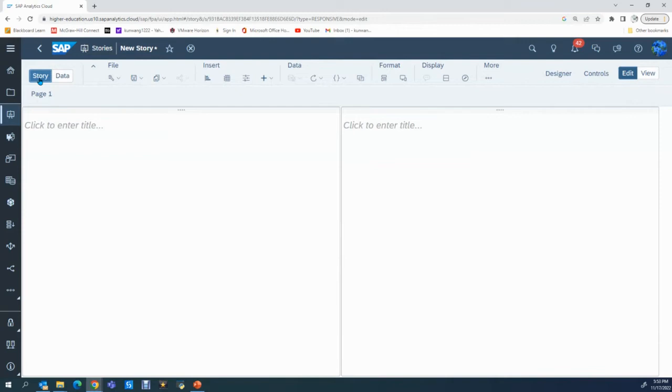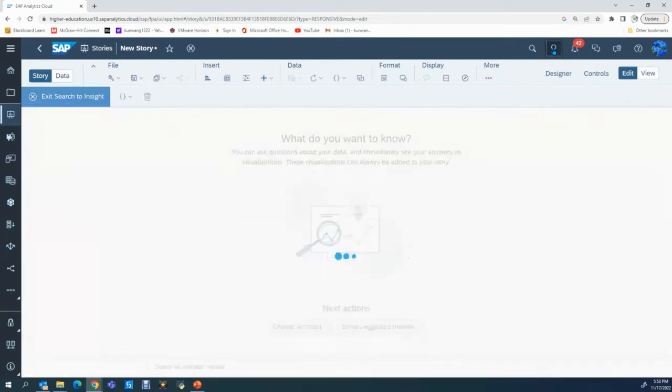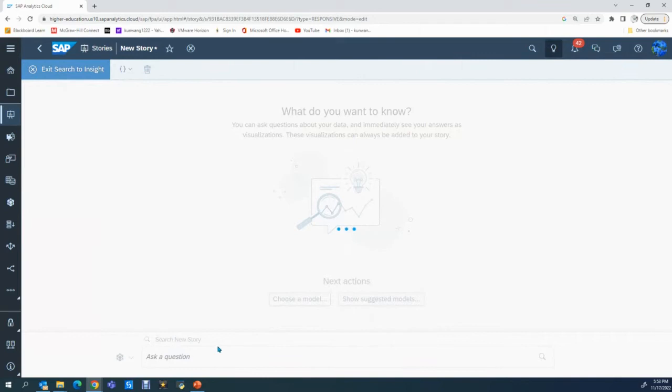The first smart feature I want to show you is this natural language search. You just use natural language and ask some meaningful questions. They call it search to insight, so not the regular search, but this lab. You can click on that, and they will pop up the place where you can ask